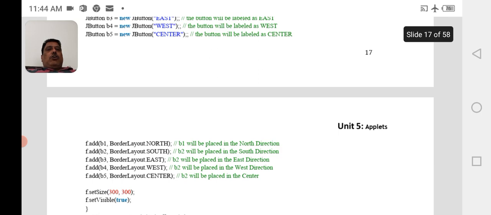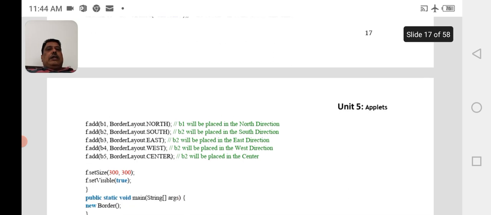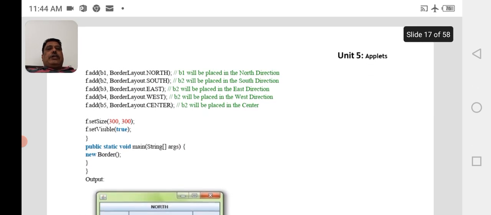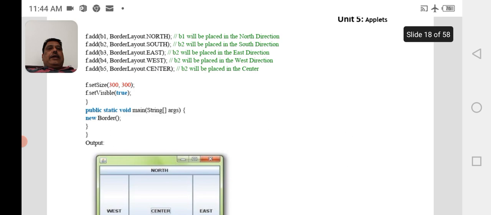Likewise, the south button will be placed in the south side. b3 will be displayed in the east direction. b4 in the west direction. b5 in the center. So f.setSize(300,300); f.setVisible(true); public static void main(String[] args) { new Border(); }